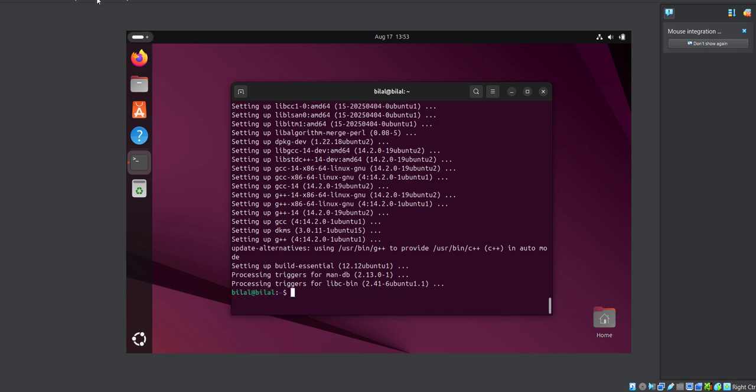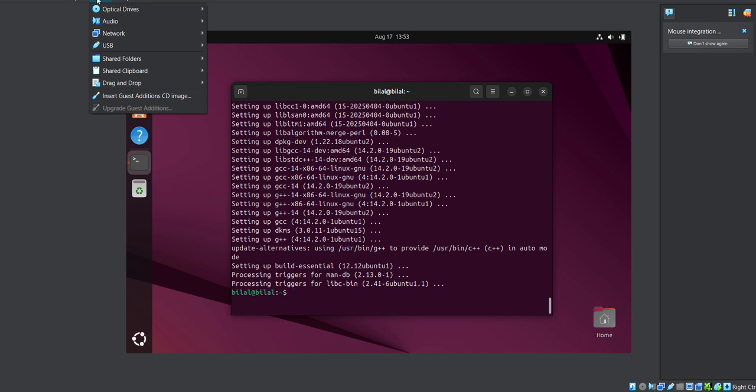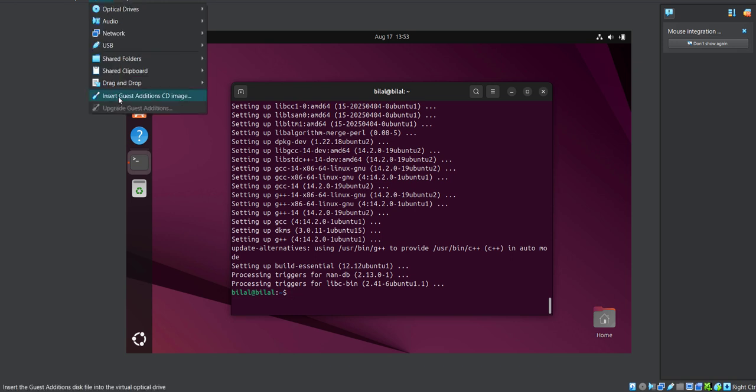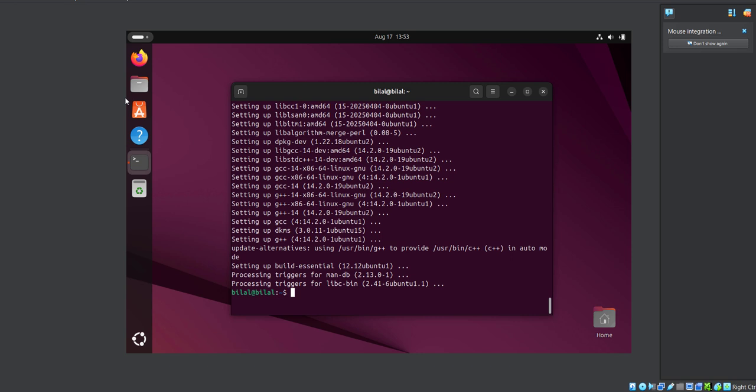So you can see the Devices menu and Insert Guest Additions CD image. So you can see the VirtualBox Guest Additions. What is CD? CD is for accessing the VirtualBox Guest Additions in your Ubuntu operating system. Okay. So you have to run this command: cd /media